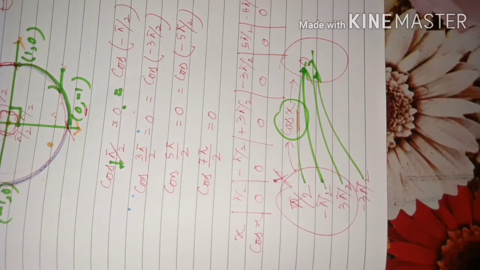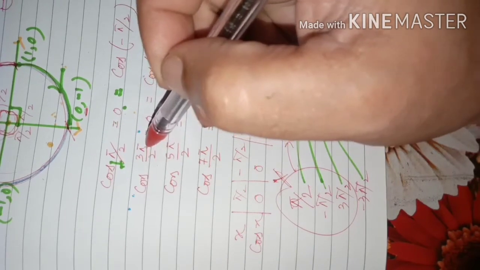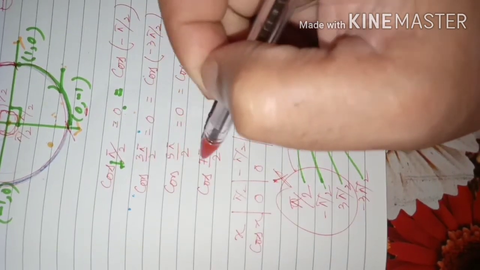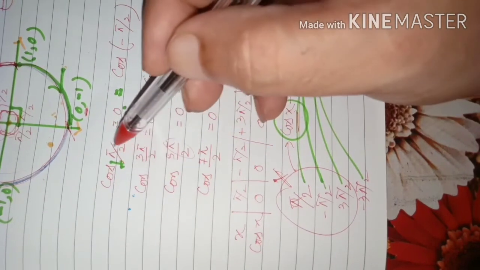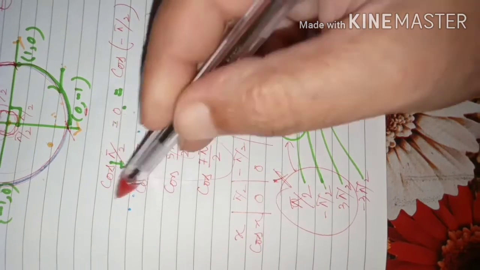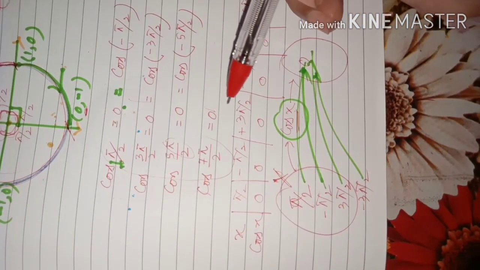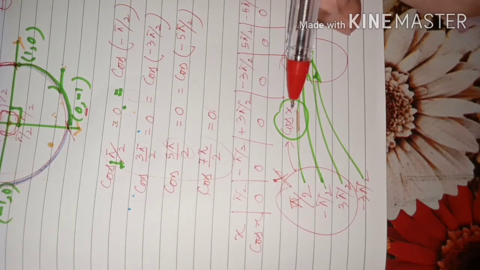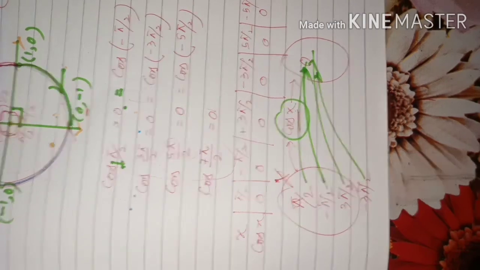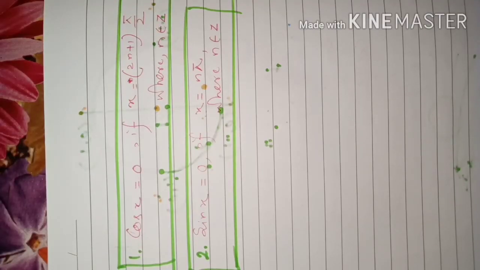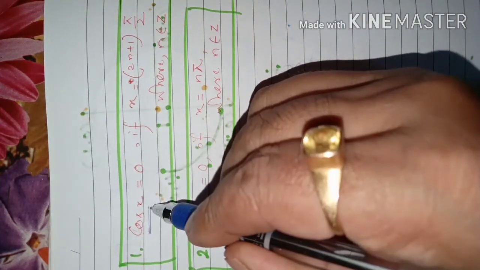For odd multiples of pi by 2, odd multiple meaning 1 pi by 2, 3 pi by 2, these are odd numbers multiplied with pi by 2. That's why you can say for odd multiples of pi by 2, cos is all the time 0. And earlier we learned that for integral multiples of pi, sin is all the time 0. So today we have learned these 2 points. Today's conclusion: cos x function is 0